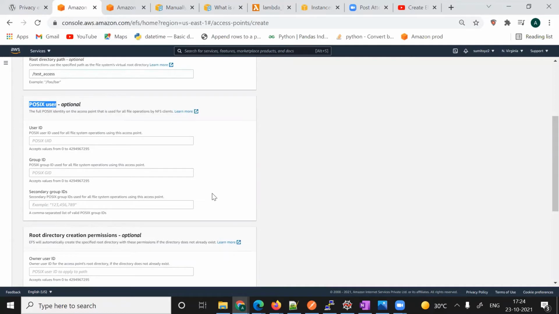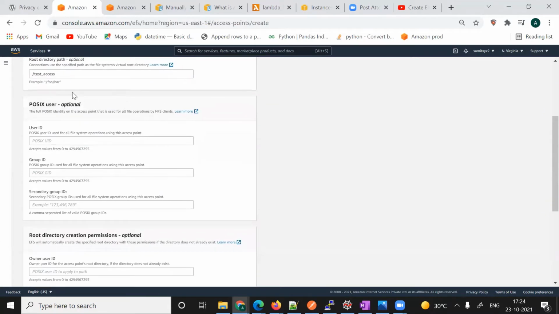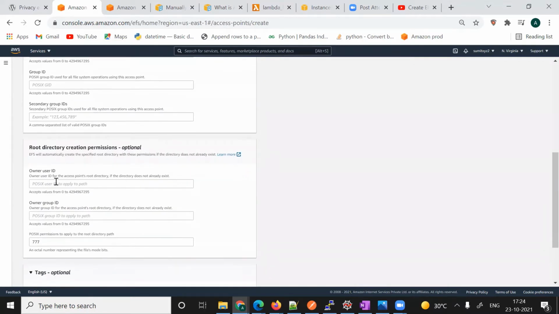This is optional, so I can leave it like that. But for the root access permission, we have to provide 777, because I want to give full permission to the folder that I'm going to create here. I'm also giving an owner ID, which can be any number. I'm just giving 1, 2, 3, 4, 5, 6.